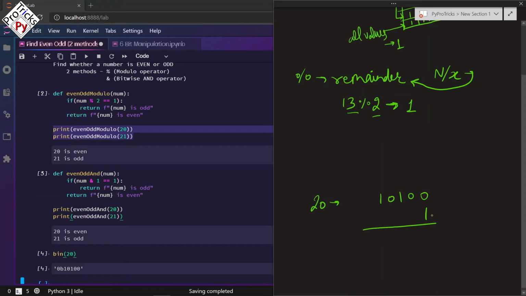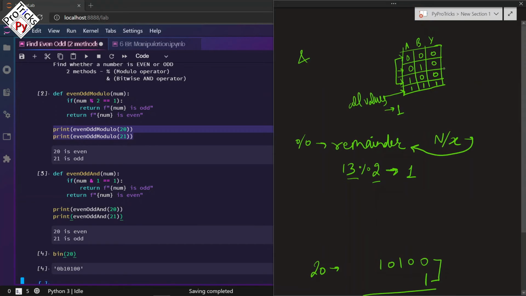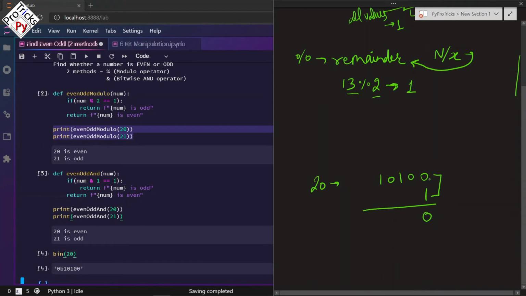The AND of 0 and 1 will give us 0. You can check out the table here. The output will only be 1 when both of the values are 1. Here we are not having the same value, so the output is 0, and all the others are 0 also. So it will give us 0 only. That is why it is even.